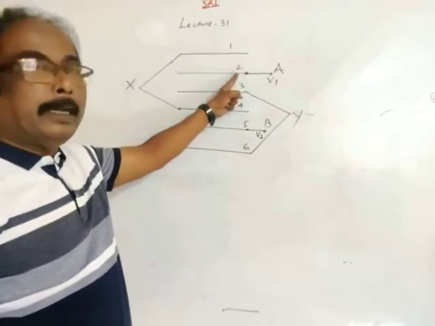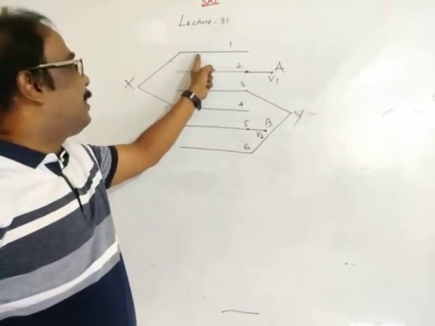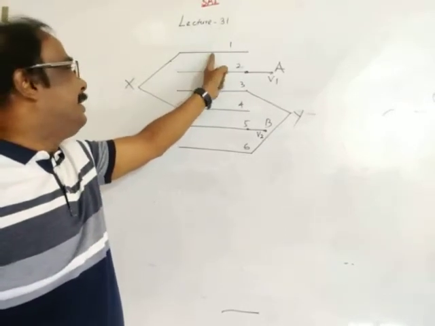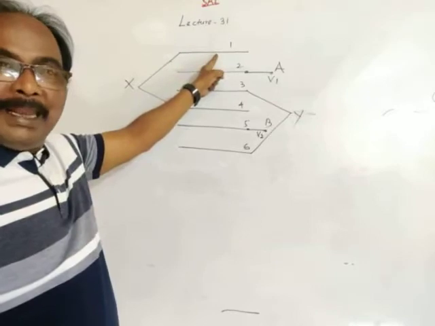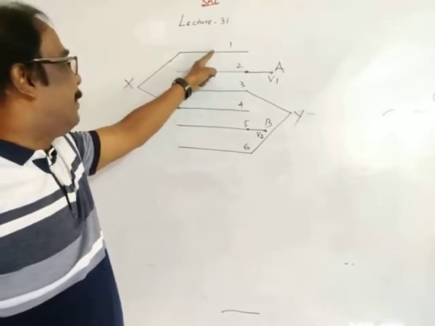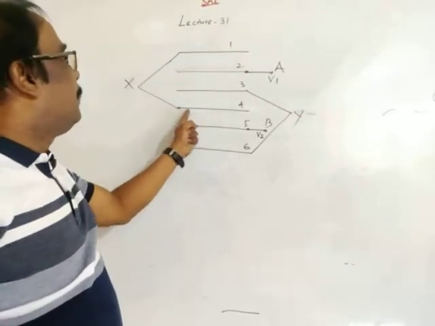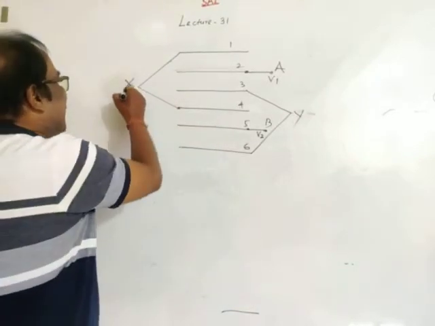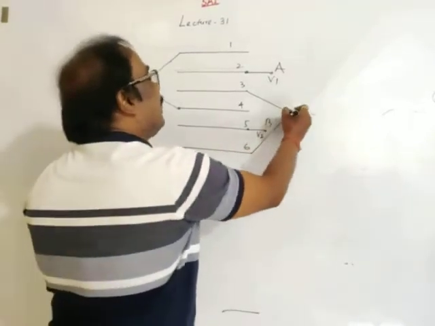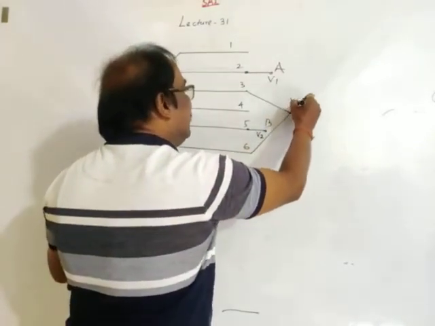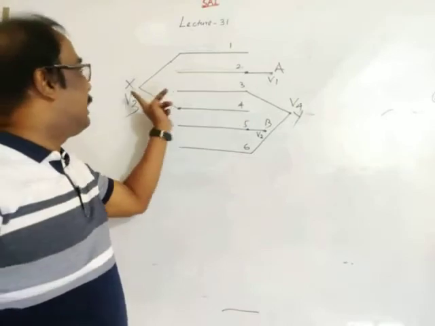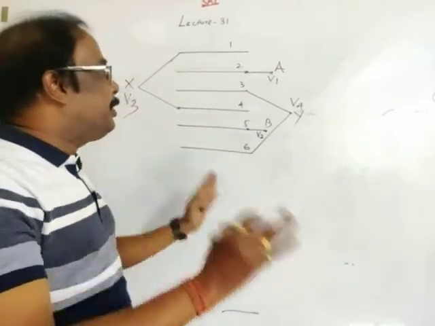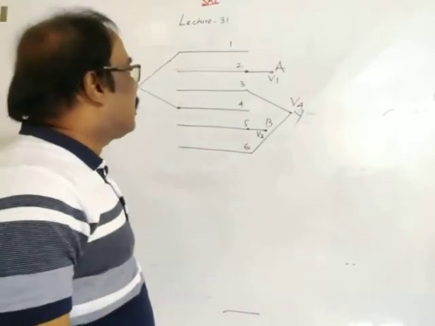See, this plate will get charged. So induced charge will appear on the inner surface, lower surface of plate 1. Due to induced charge, the plate will have some potential. Plate 1 is connected to plate 4, so both plate 1 and plate 4 will have a common potential. Let that potential be V3. Similarly, the potential at Y is V4. These two potentials V3 and V4 are due to induced charges.